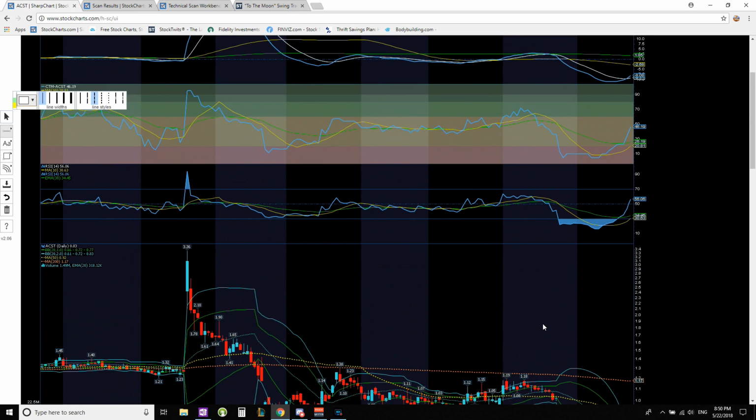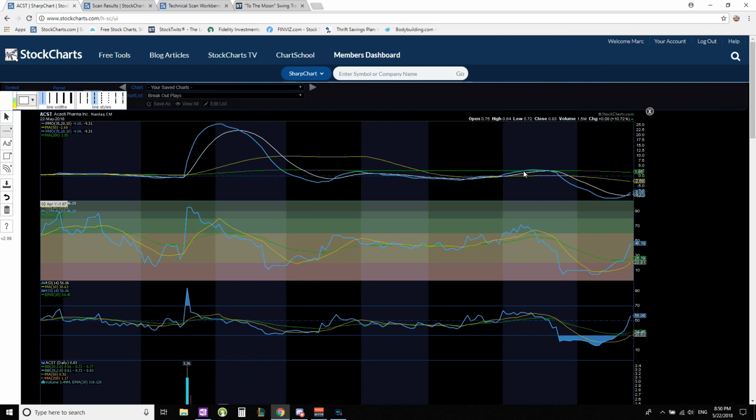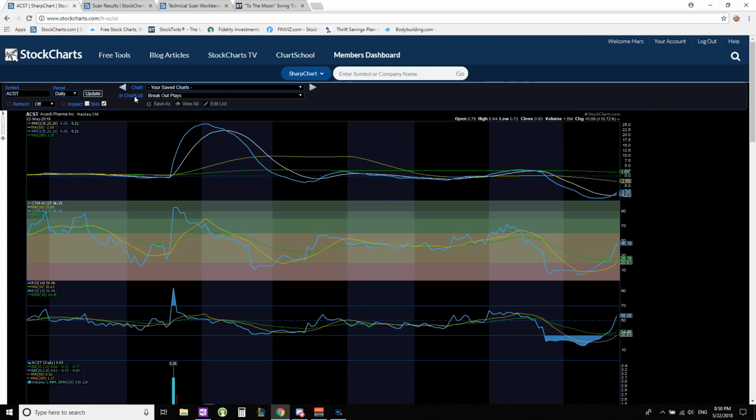As you can see here, as far as momentum, all of your momentum indicators are trending up heavily and at a fast pace. So we'll definitely keep this one in mind moving forward. Next, we're going to talk about ticker